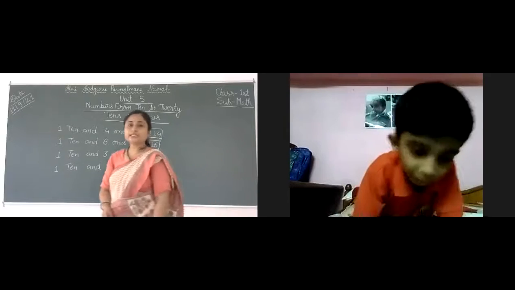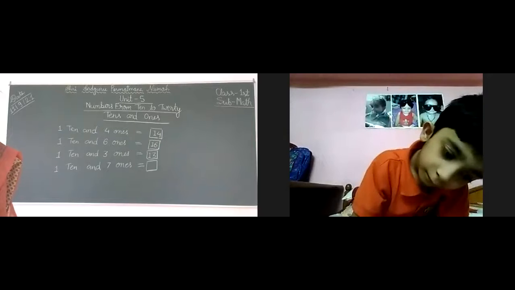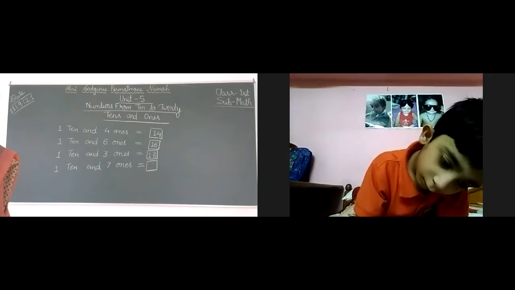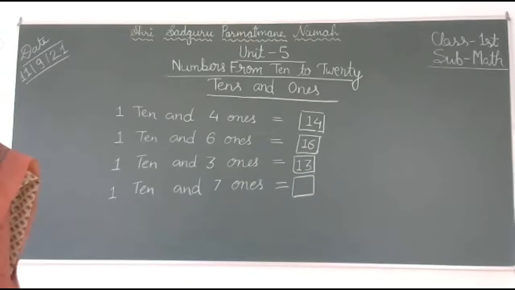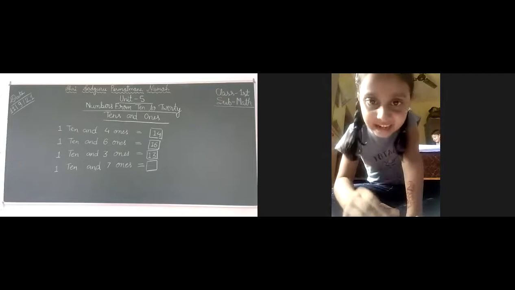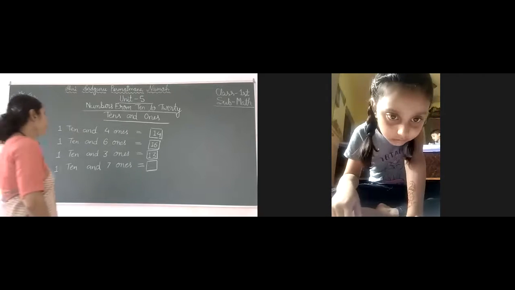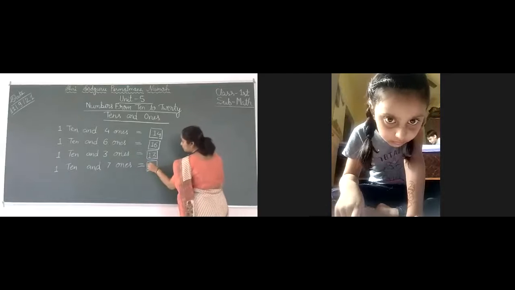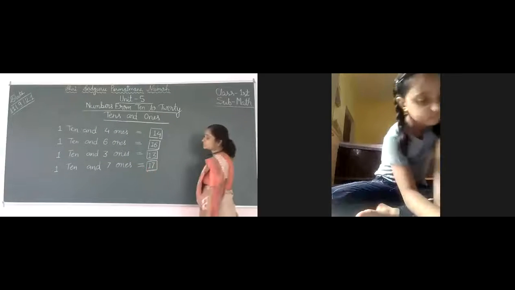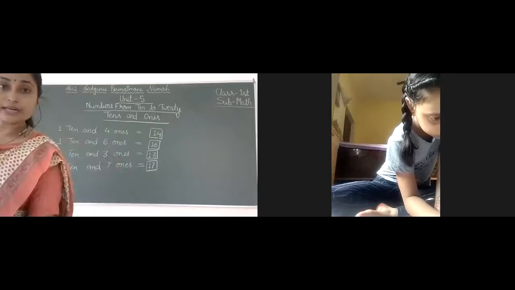Okay. Now next is 1 ten and 7 ones. Who will give me answer? Raise your hand. Vaishnavi. 1 ten and 7 ones is equal to 17. Very good. 1 ten and 7 ones is equal to 17. Very good, Vaishnavi. Okay. Now next is